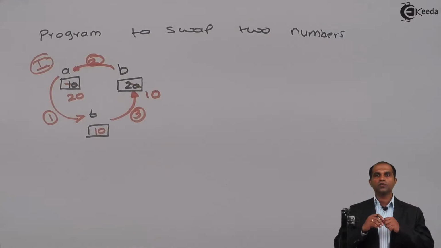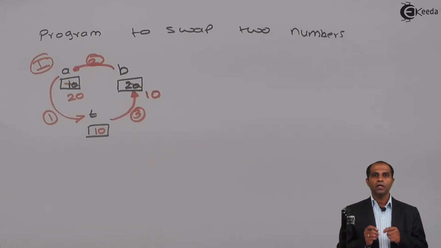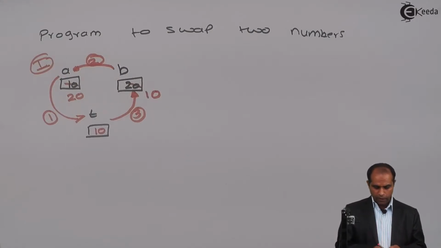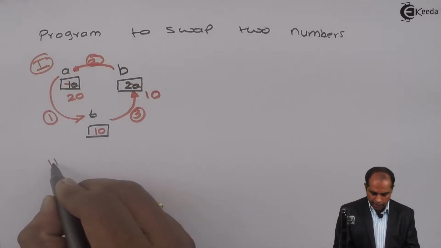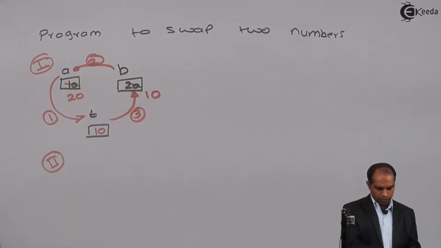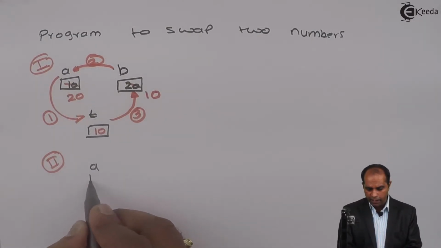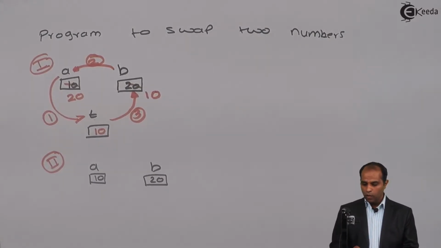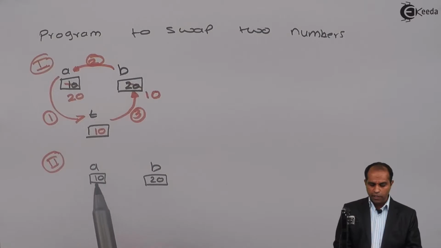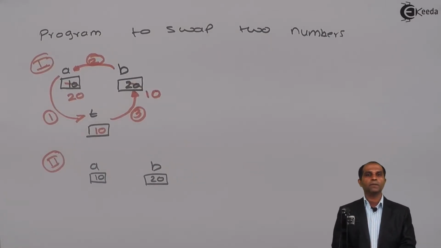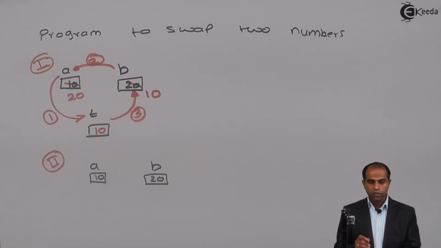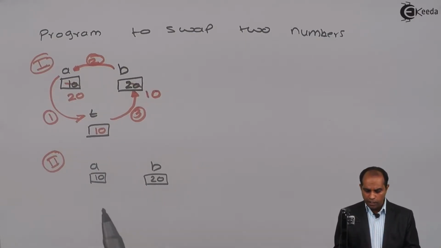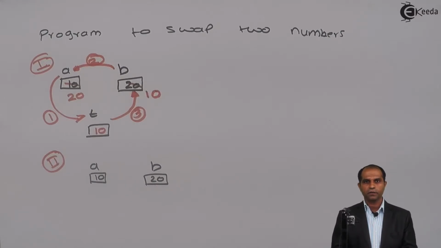You can have the swapping operation of A and B even without using a temporary variable. Let's look at this particular process. Let's take this as the second way of swapping the values. Let's take again A as 10, B as say 20. Now what you can do is, you can use the addition and subtraction rule to swap the values of A and B, or you can use multiplication and division to swap the values of A and B. Let us now use the rule of addition and subtraction.